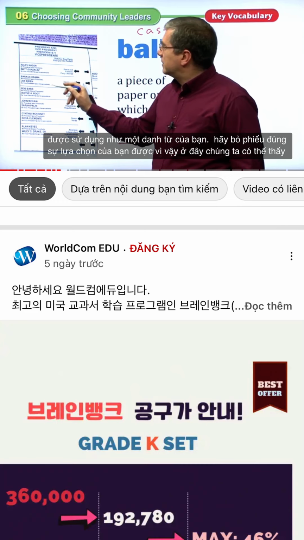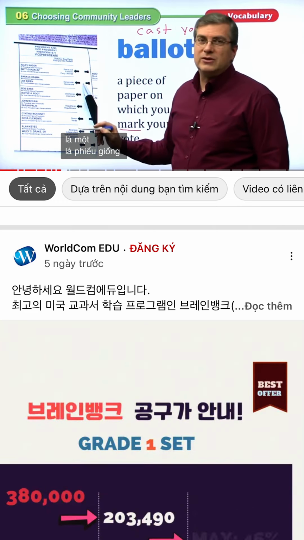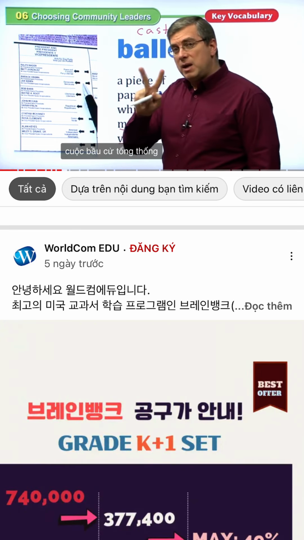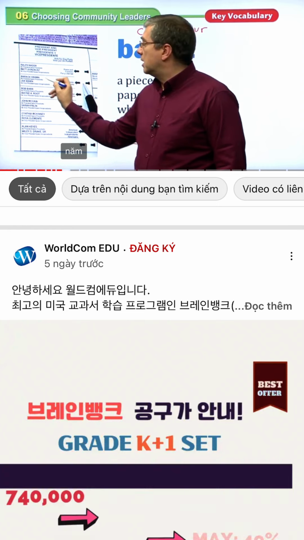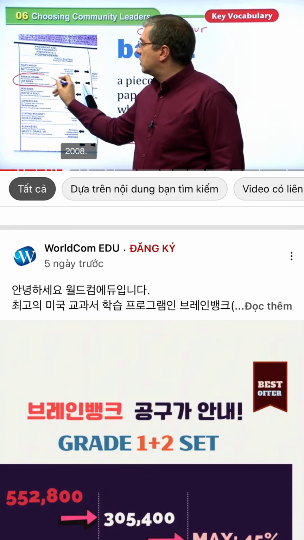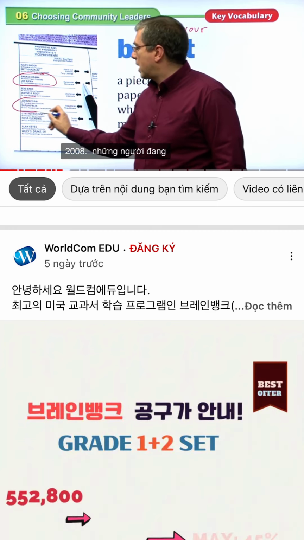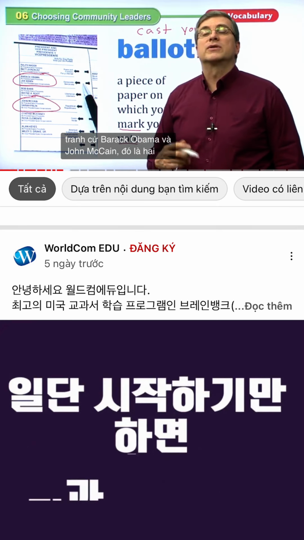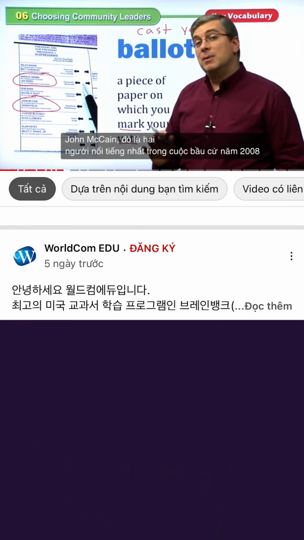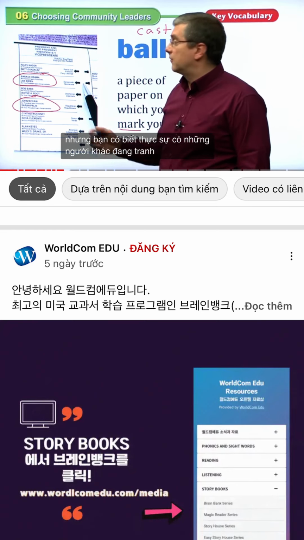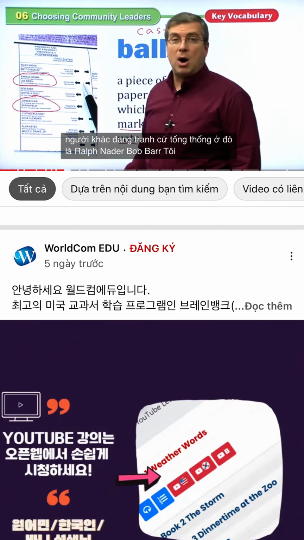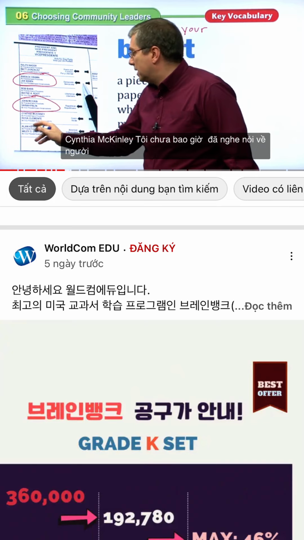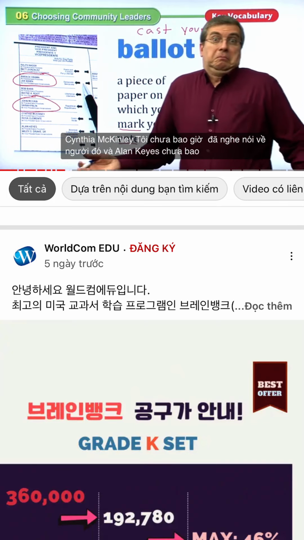Okay, so here we can see this is a ballot, looks like for the 2008 presidential election. Did you know that there are actually more than just two people who ran for the president in America? We really only concentrate on the two most famous people who are running for election, Barack Obama and John McCain. Those are the two most famous people in the 2008 election. But did you know there were actually other people running for the president? There was Ralph Nader, Bob Barr, I never heard of him, Cynthia McKinley, I never heard of that person, and Alan Keyes, never heard of him.